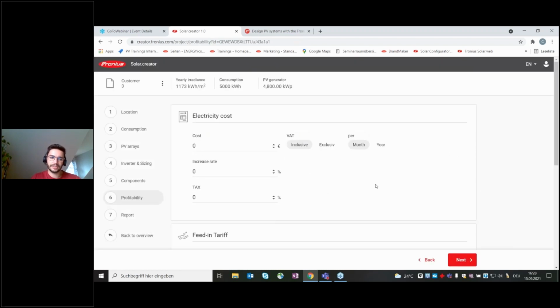So that's it. We are now at step 6. We are almost done with our configuration. What's left to do for us is to set a few numbers, a few values. The first thing would be the electricity cost. Currently you have to enter the cost per month which the customer is paying, so the electricity bill, more or less. In my case, I just say, okay, the customer is paying 50 euro cents per month for the electricity,